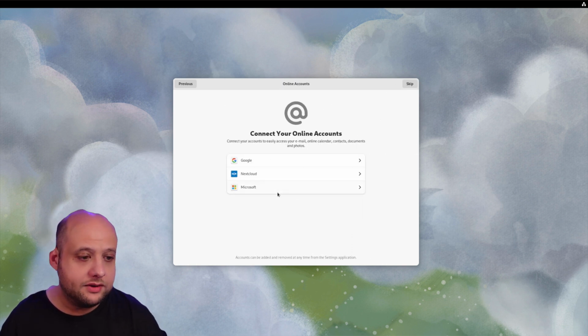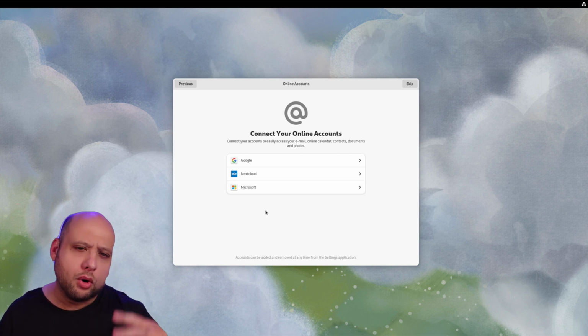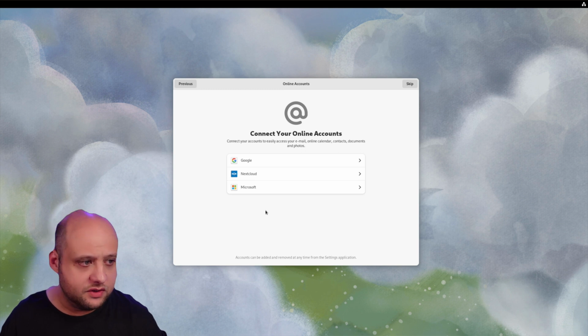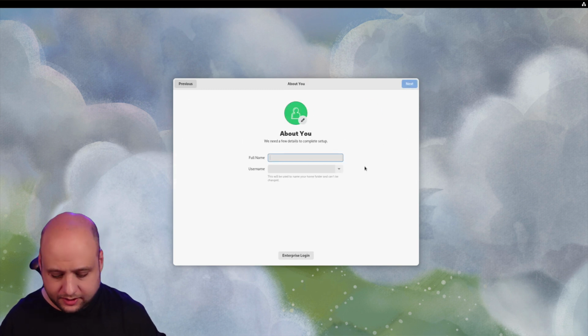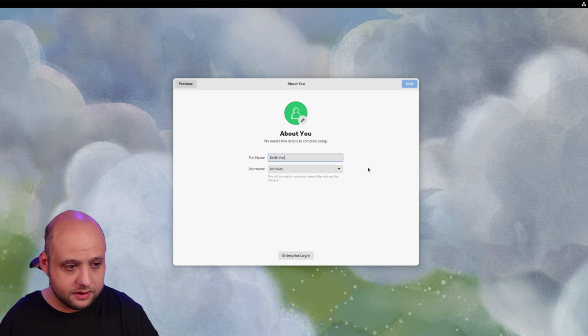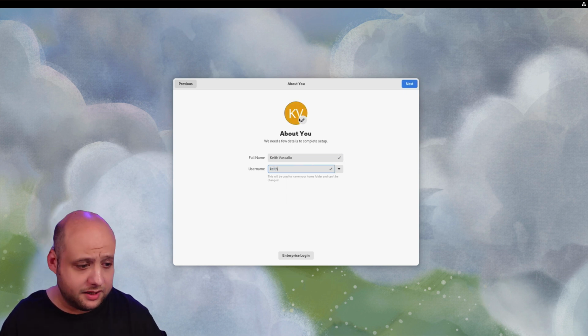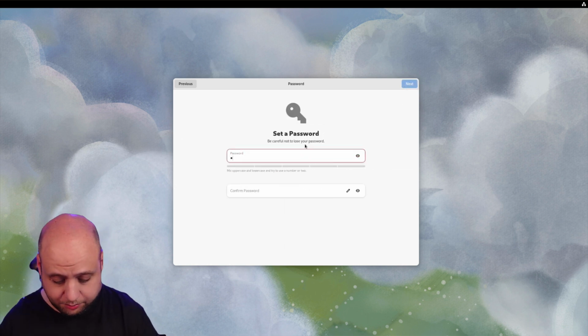Now I can connect my online accounts, which I'm actually going to skip for now since I'm going to cover more about online accounts in an upcoming video. So I'm just going to click skip. And then now we want to set our name. I always like my username to be just my name. You can also set a pic here. If you need to log into your work account or whatever, you can use enterprise login here to authenticate with Active Directory or LDAP. Next, now we'll need to set a password,